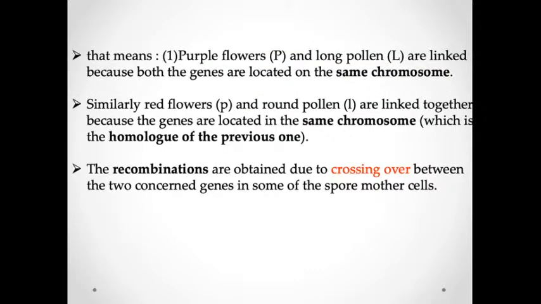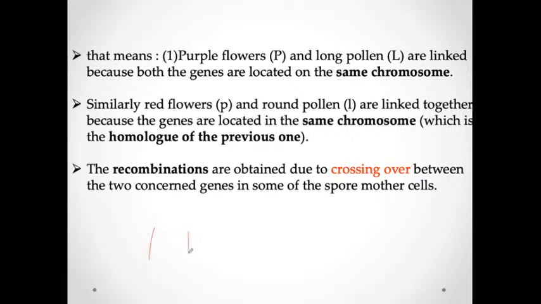So that means purple flower and long pollen are linked because both genes are located on the same chromosome. Your purple flower and long pollen were present on the same pollen. Similarly, red flower and round pollen are linked together because the genes are located on the same chromosome, and their combination is obtained due to crossing over between the two linked genes in some spore mother cells. Because they were present on the same chromosomes,